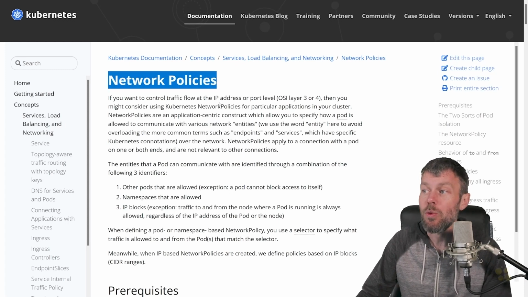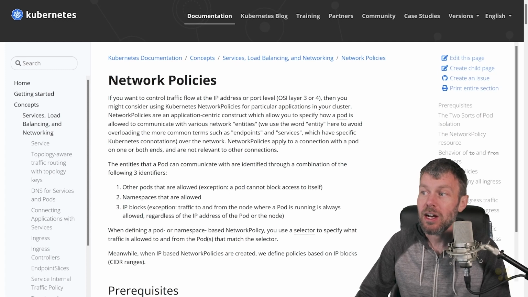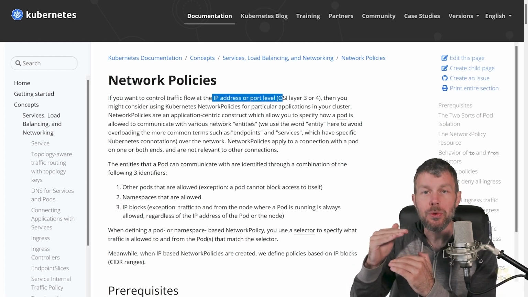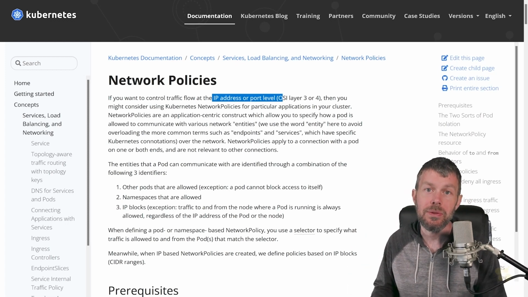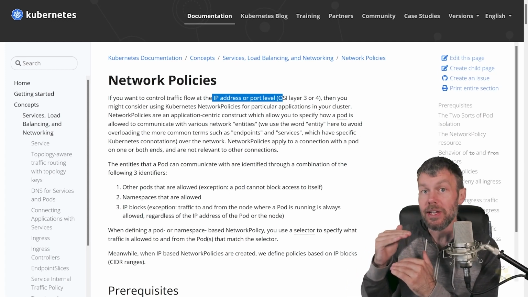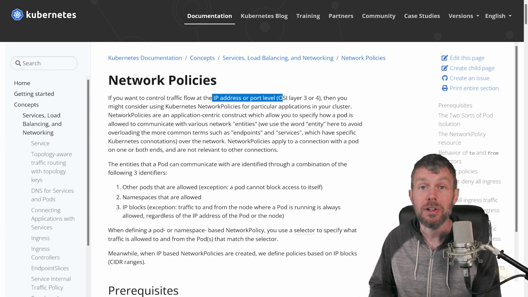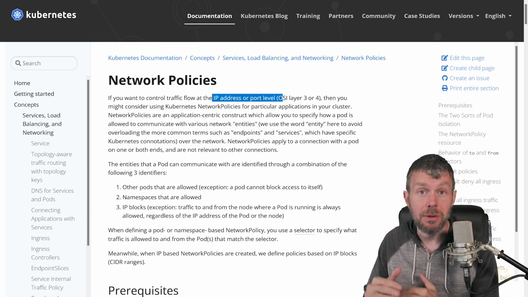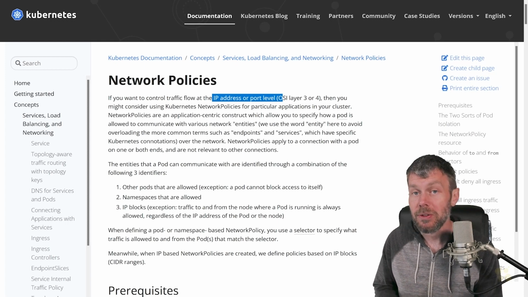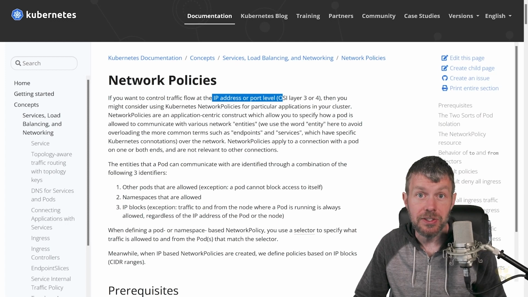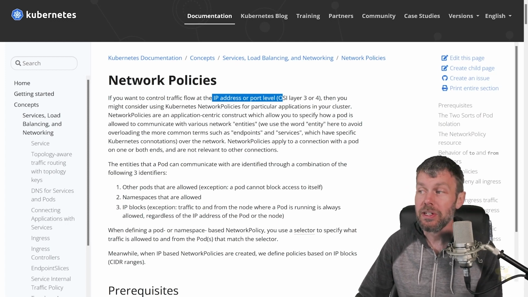Now, this is where the network policies feature really comes into play, because network policies allow you to control traffic flow at the IP and port level. So we're talking about basically layer 3 and layer 4 on the OSI model, either at the IP layer 3 tier, as well as defining ports, TCP or UDP ports, which would be layer 4, one step above the IP layer. And this allows us to control which pods are able to communicate with other pods within a Kubernetes